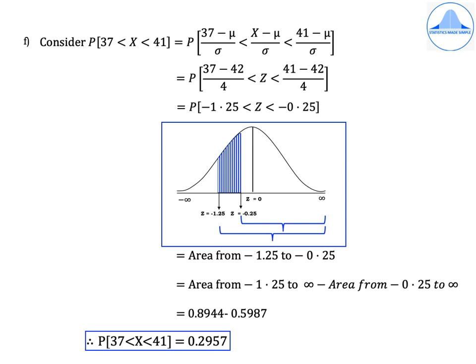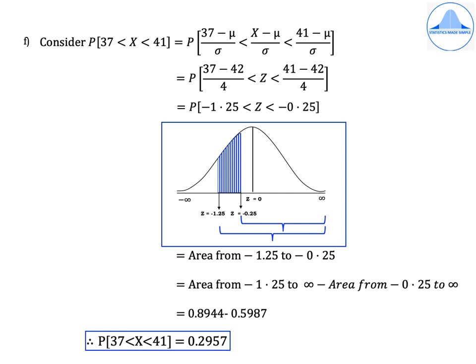So let's draw the standard normal curve. The center line is z equal to 0. The extremities are minus infinity and infinity. Now first mark on the left tail of the curve minus 0.25, and then after that you will have minus 1.25. So mark both the negative values carefully on the left tail of the curve. Now z is lying between only these two values. That means you should shade only between minus 1.25 and minus 0.25.